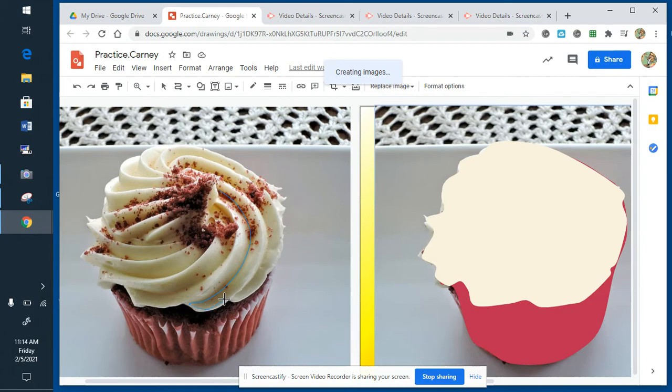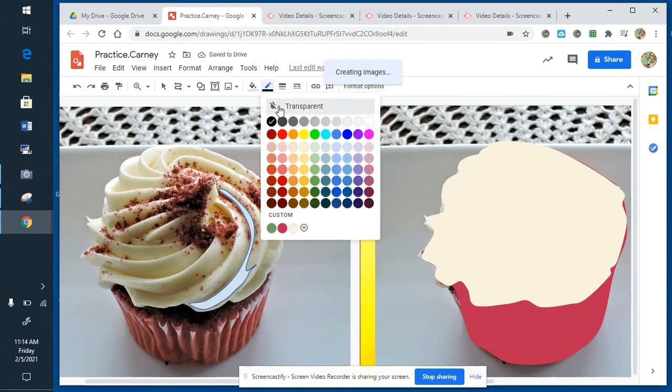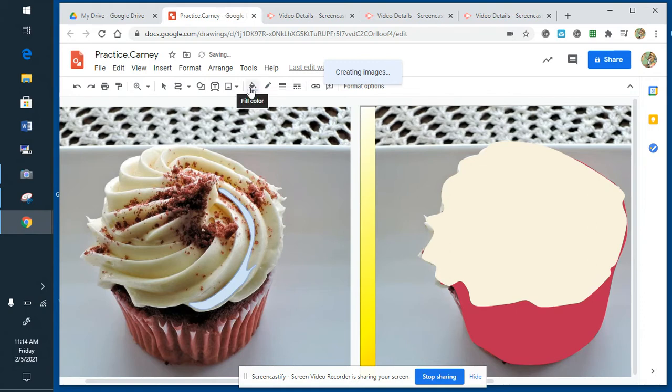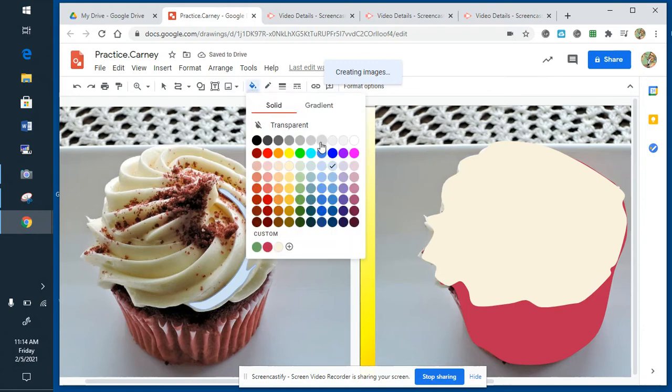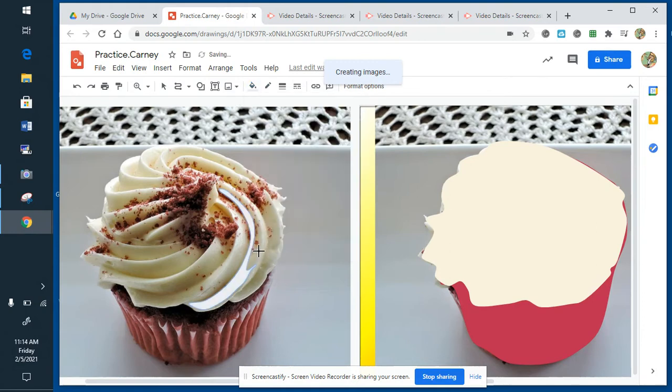And then I'm going to come up because this is a shadow. Kind of see the shadowy shape here. Click. Get rid of the border. Change the color to something slightly darker than what I had. And then again, escape to select